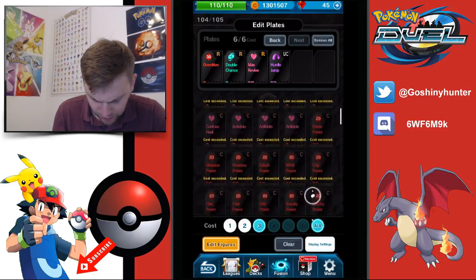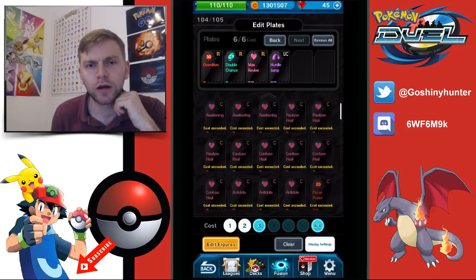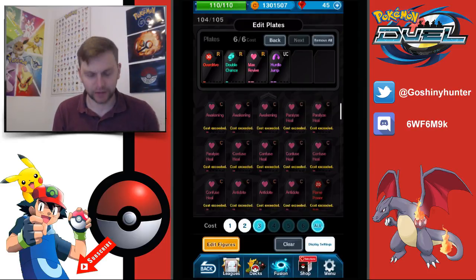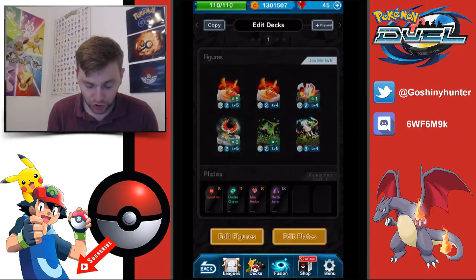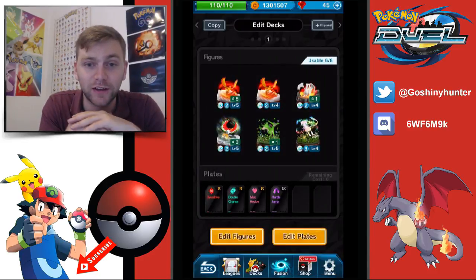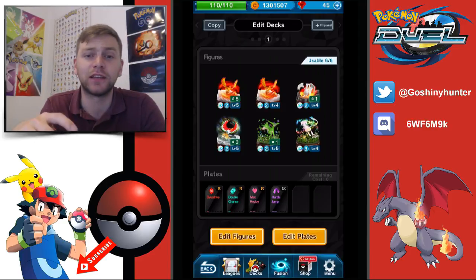Max Revive. Like the Max Revive because it can give you a huge advantage in the short game for longer. Yeah, that's what it's looking like. Overdrive on that Reshiram is going to be insane. I mean, you could go like a full Resh deck and just like overdrive on every one of them. That could be quite difficult to play against. But I think